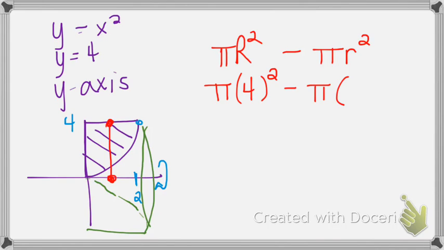And then the inside, you start from where you're rotating on the inside and go to the x-axis. And see, this particular graph where that point is on is x squared. This is 0. So this is x squared minus 0 squared. So that's sort of the area of the cylinder